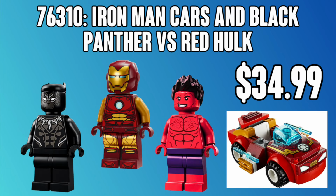Jumping up by $5, that takes us to the $35 Iron Man, Cars, and Black Panther versus Red Hulk. Once again, probably a set that has a different name because it's kind of hard to pronounce and doesn't make any grammatical sense. Now, once again, LEGO does love to reuse figures, and technically there are generic Black Panther and Iron Man minifigs in sets right now, and since Iron Man and Black Panther unfortunately are both dead in the MCU, I really doubt that this will be an MCU-based set with like Harrison Ford Red Hulk, so I have